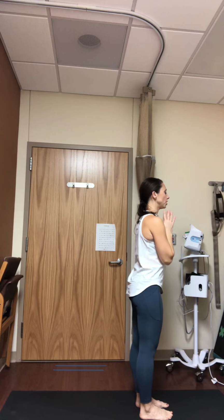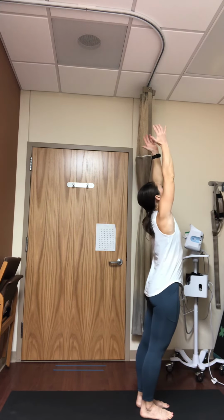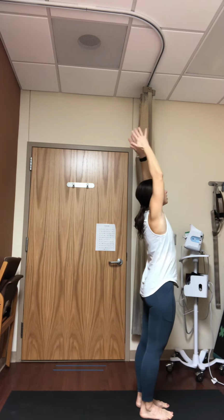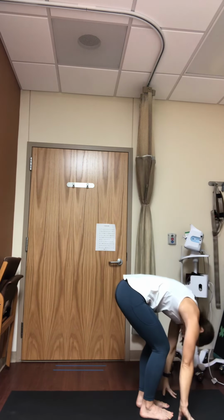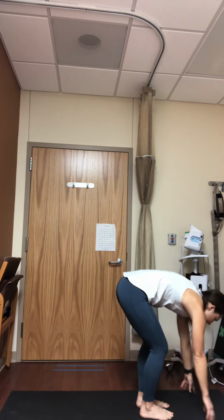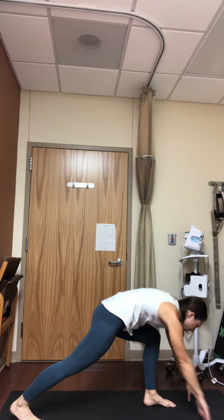Good, lunge salutation next. Inhale, sweeping up, looking up. Exhale, open the chest. Inhale, reach. Exhale, forward fold. Inhale, flat back. Exhale, plant your hands, step the right foot back, high lunge, or if you prefer, set the